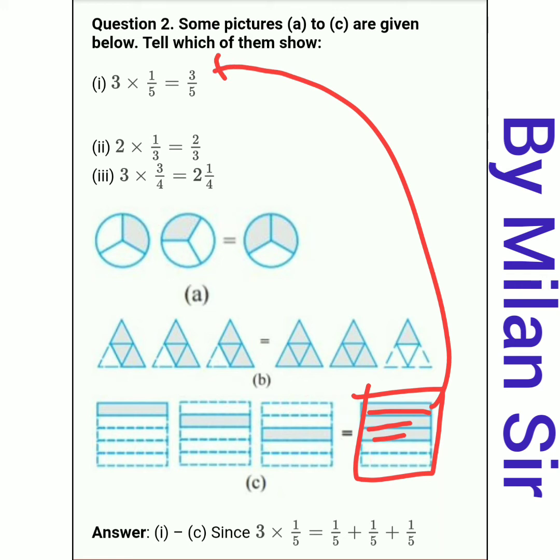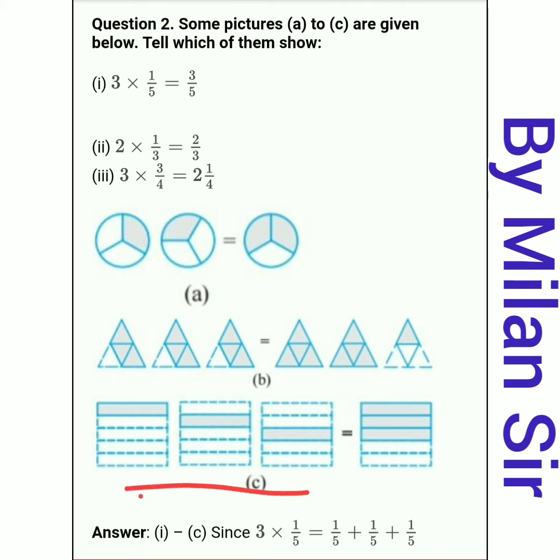3 by 5 means 3 parts out of 5 parts. So the total number of parts is equal to 5, that means our denominator, and out of that, our numerator, 3 parts are shaded, right? So alternately, if we combine these 3 figures in one figure, the total 3 parts shaded we can show in one figure only. So in one figure again 5 parts and 3 parts are shaded. This is the multiplication process.